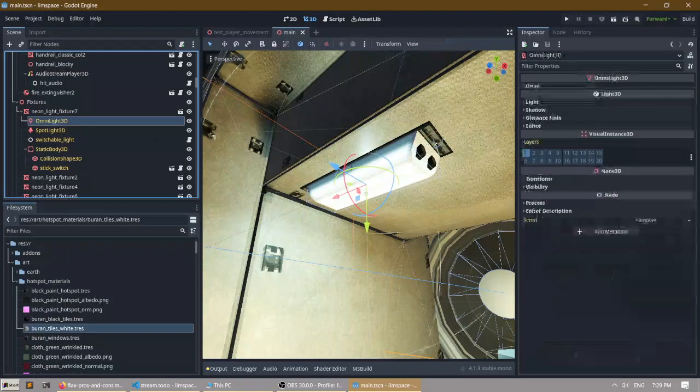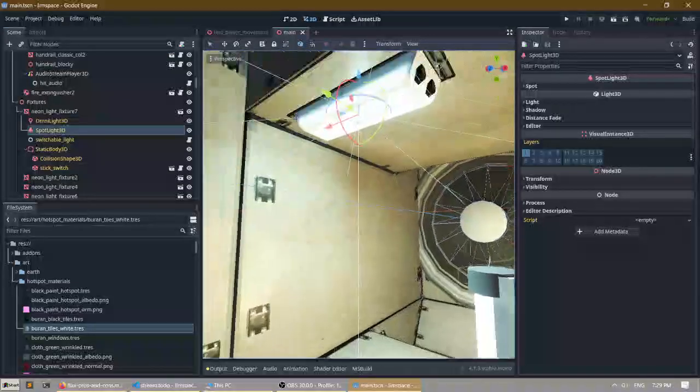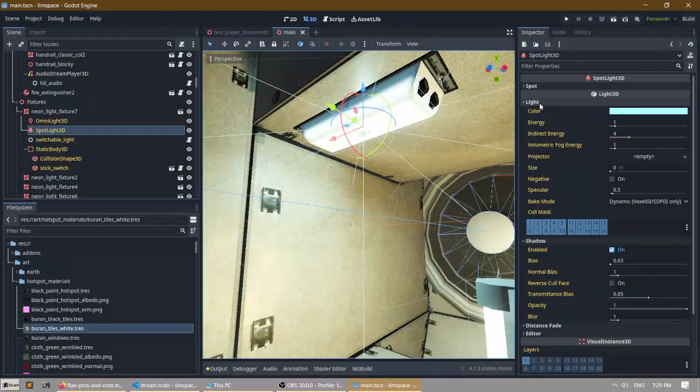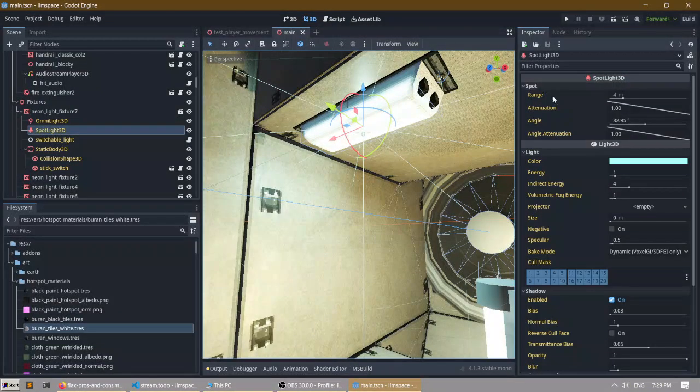And you have a light here, right? Oh, you have the spotlight, right? And let's say I want to change the range of it or something. I want to make it a lot smaller, or a lot bigger, or I want to increase intensity. Let's say I want to increase intensity, and I would love to be able to